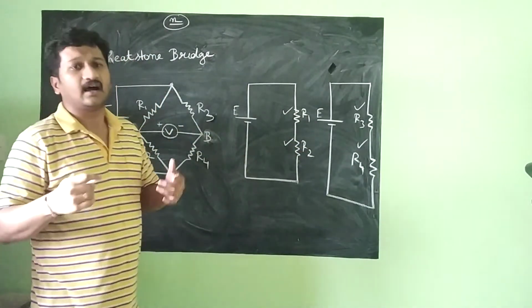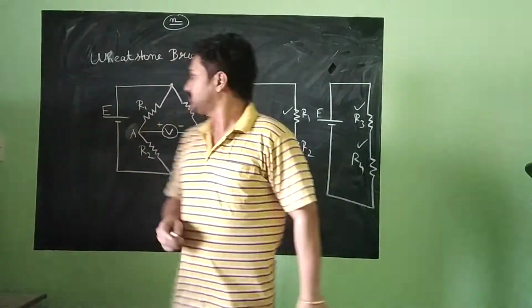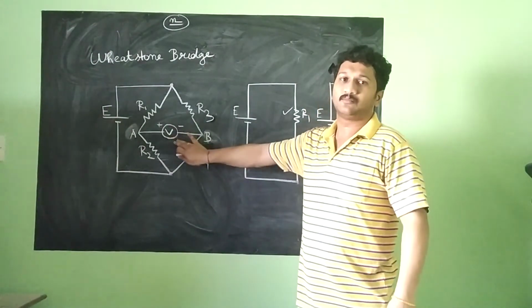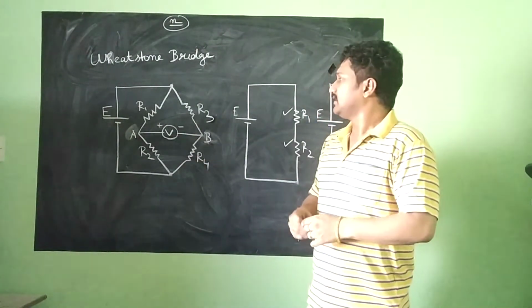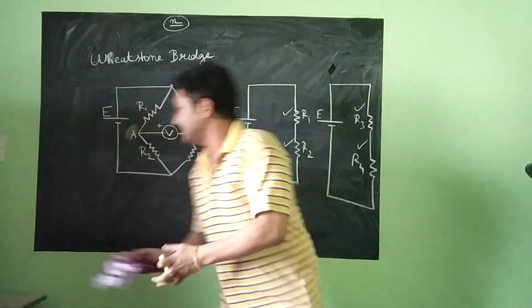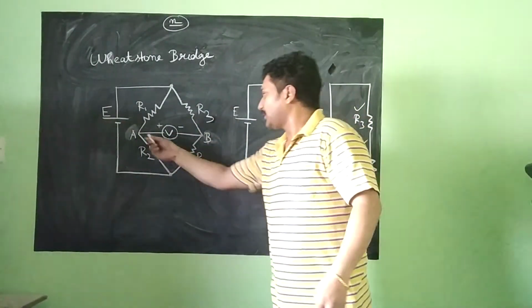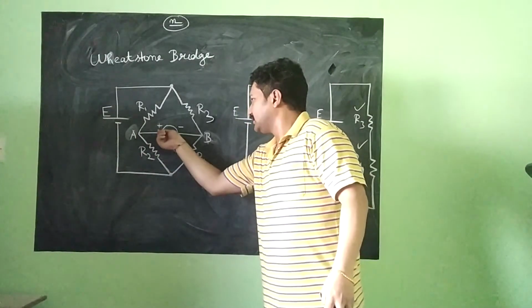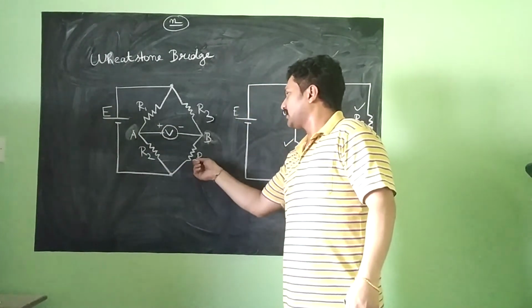Now what is the objective of Wheatstone bridge? The objective is to balance the Wheatstone bridge. What is meant by balance? Here you can see a voltmeter connected at the middle. The connection of voltmeter means finding the voltage drop across R2 here, and voltage drop across R4